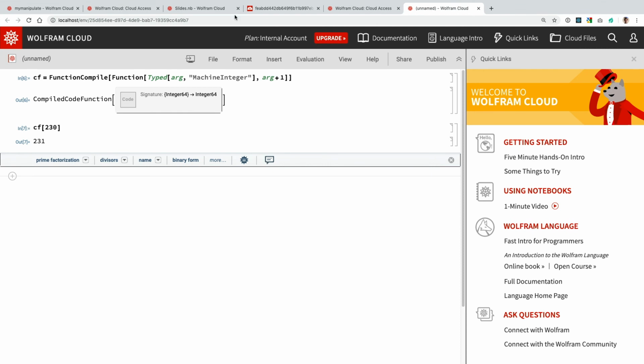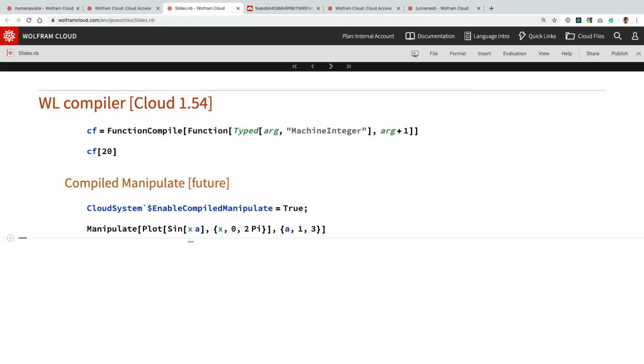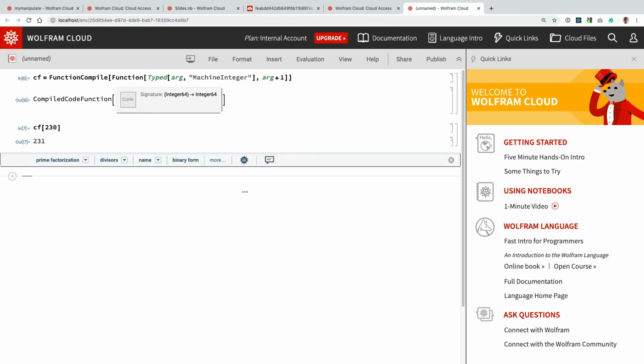So that's certainly good to speed up Wolfram language code in cloud kernels, but it will also allow us to build something which I already showed last year. It's not done yet, but this is really the first step to getting this to work, where the idea is that we can compile certain manipulates. So need to enable this, and then